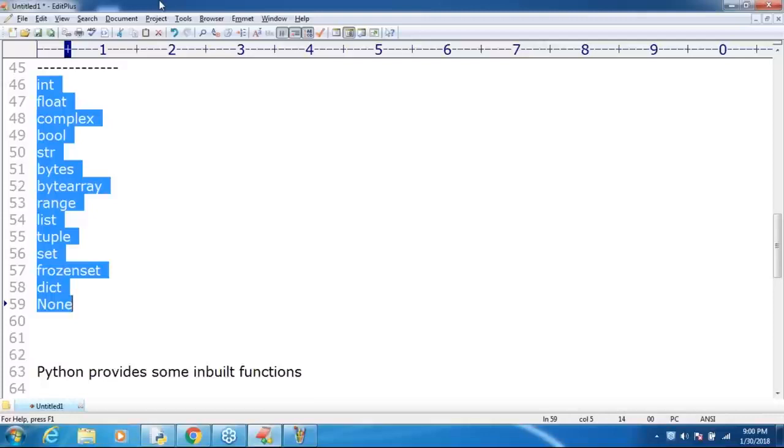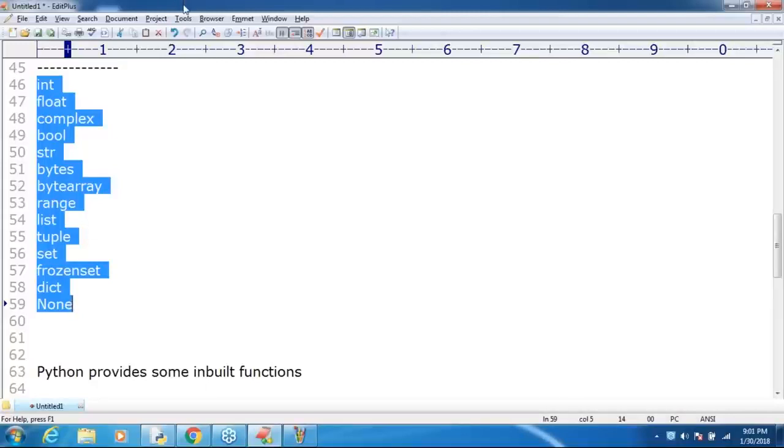Sir, very important point. The people who are sleeping, can you please wake up? Very important point I'm going to cover. In the next classes also, several times I'm going to use this word. Make sure: in Python, everything is an object. Including your int value, float value, complex, boolean, even a method or function is an object internally. In Python, everything is an object.